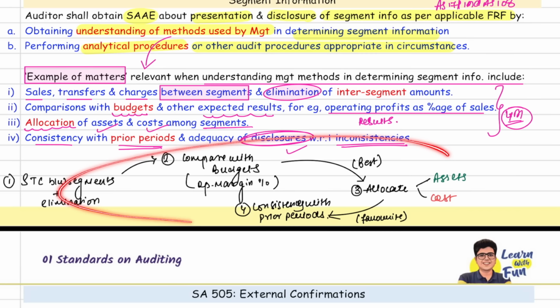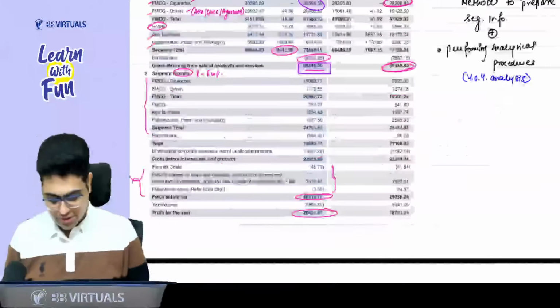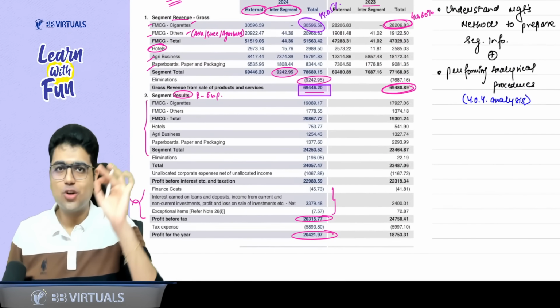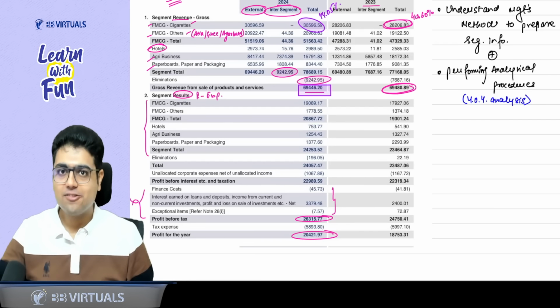So these are your 4 points that you can cover in this flow. Deal done? Done, sir. So with this, SA 501 is done. And in this revision, I tried my best to cover all the concepts with you, all the questions with you. I hope the things are clear. I have one surprise for you.